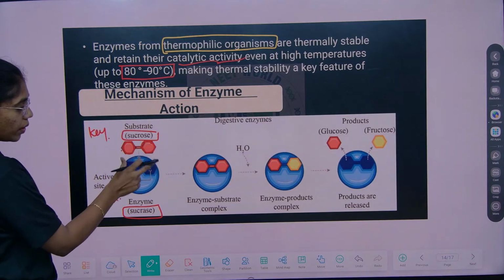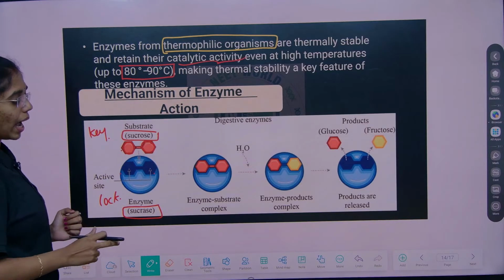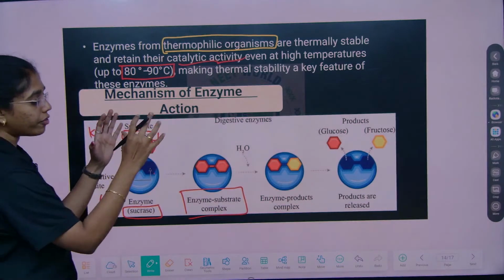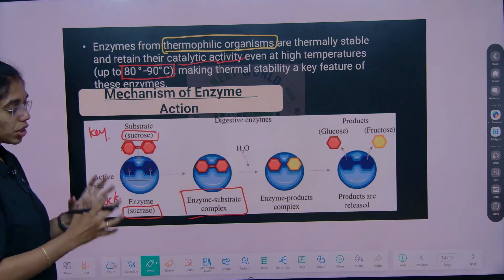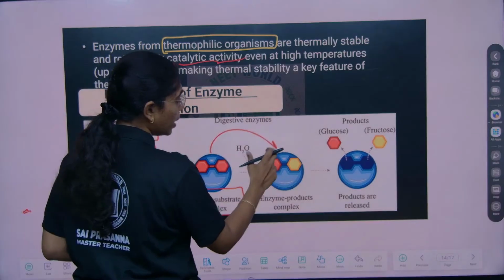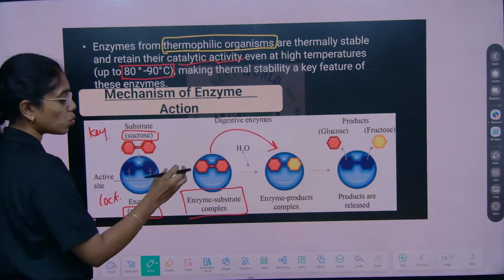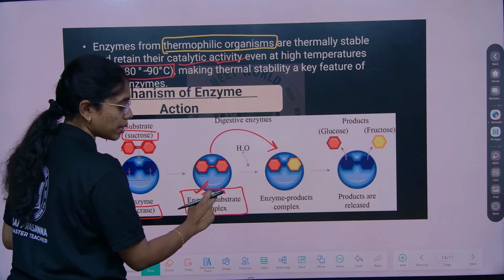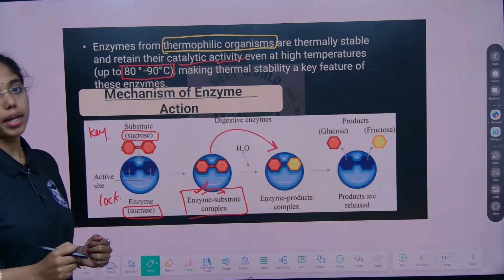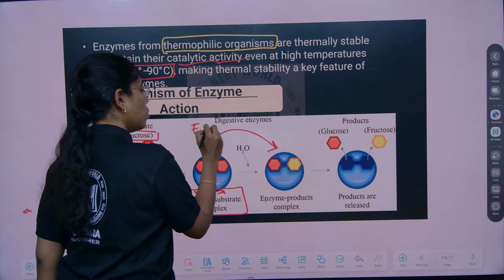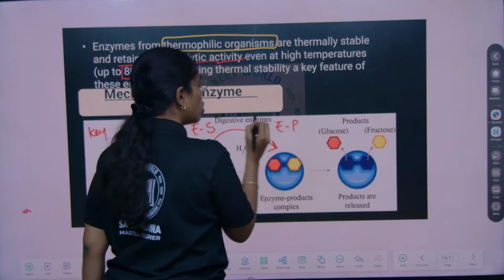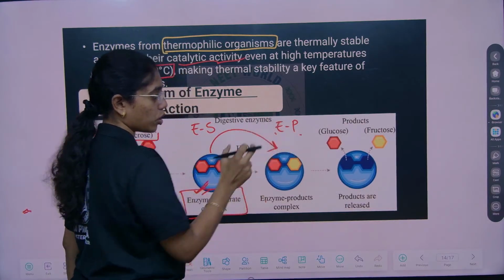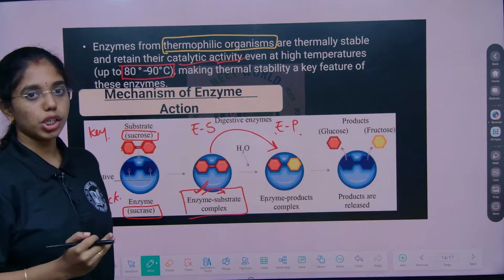Here the substrate will fit into the enzyme and this forms a stable enzyme substrate complex. After the enzyme substrate complex is formed, it turns into the enzyme product complex once the enzymatic function is on. So, to transit from the enzyme substrate complex to the enzyme product complex, a high amount of energy is required, that is known